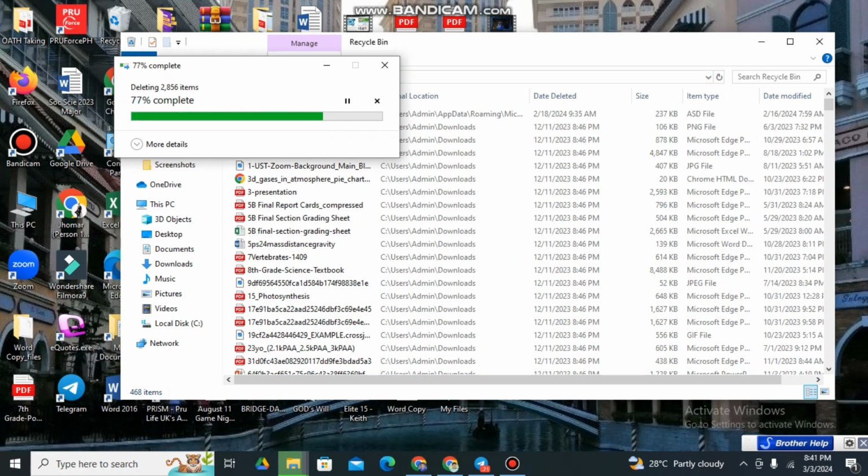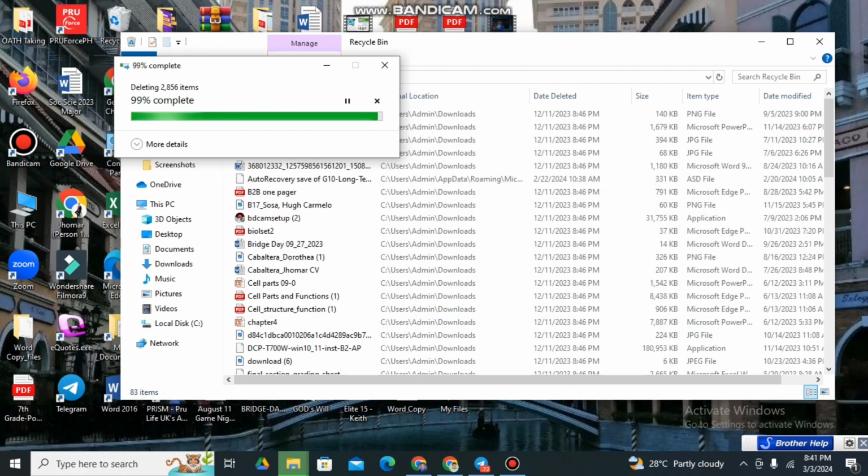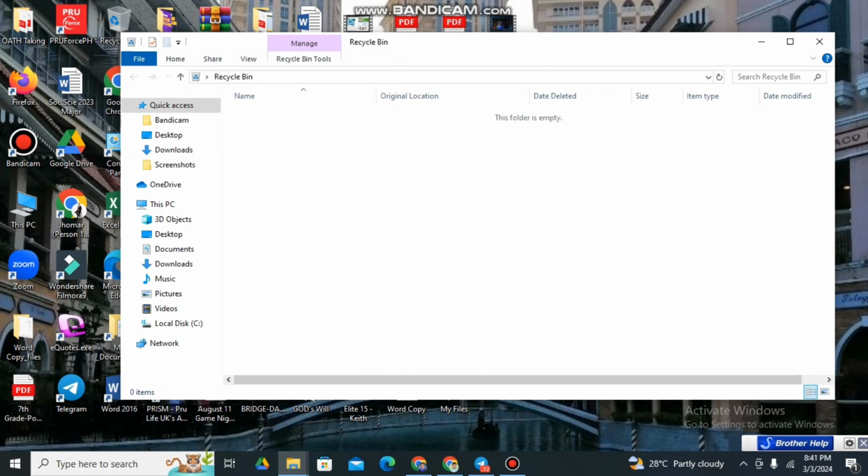It's already 78%. A lot of files and different item types will be deleted already. Now my recycle bin is empty, so I can now add more files to my computer. So that's it for